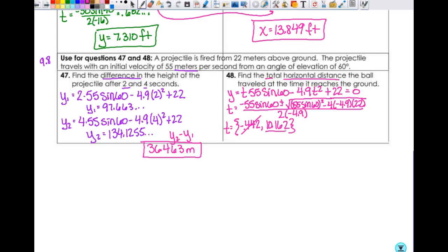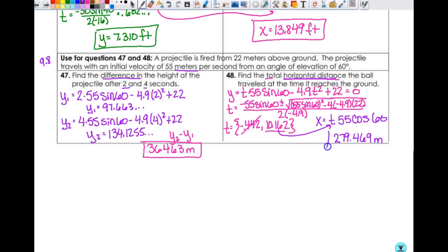Then you're going to take that and substitute it into the t's up here so that you can find, oh, not the t's up there. That doesn't make any sense. That is not where you're substituting it in. We would need the x equation because we don't want the vertical distance, we want the horizontal distance. So we have x equals t times 55 times the cosine of 60. And then you're going to take this and substitute it in there. That's what I meant. And you get 279.46